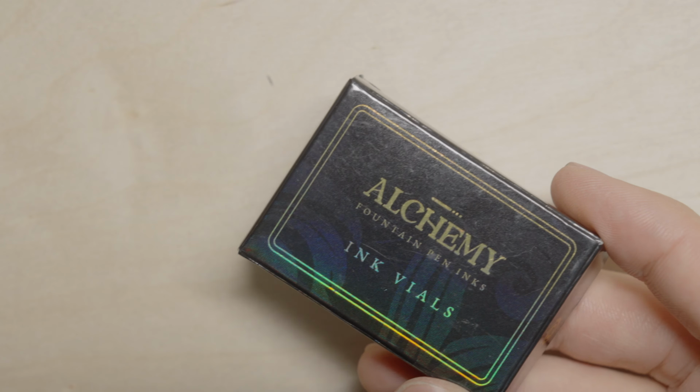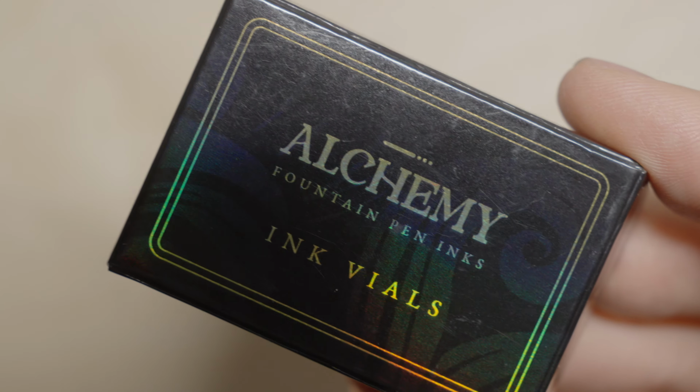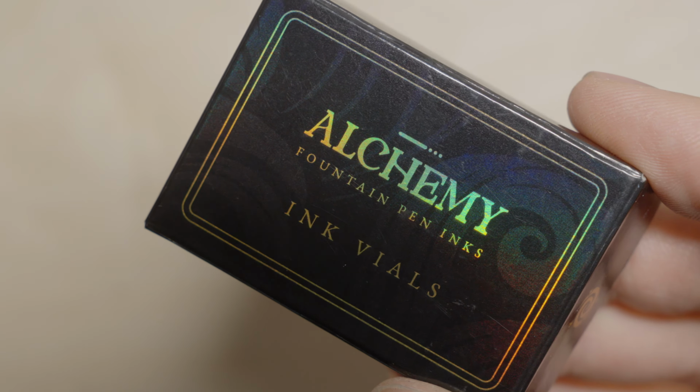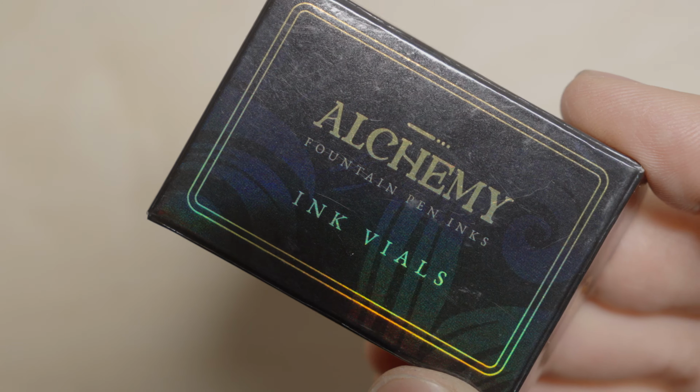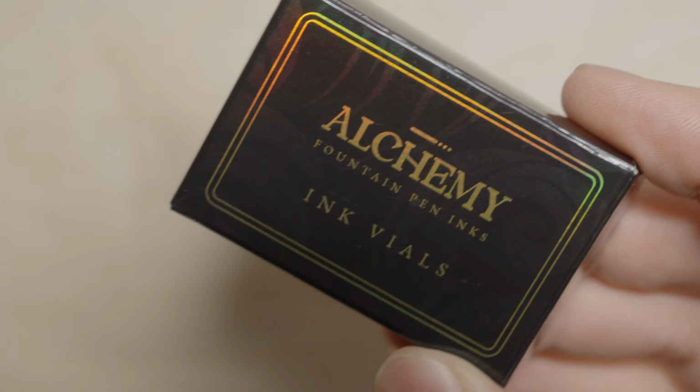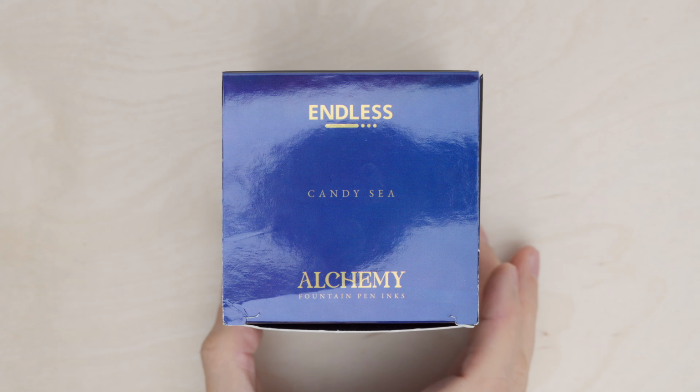And then this little guy, this box of sample vials, was also made with the same care. It would have been really easy to cheap out on something like this, so I'm impressed to see that they took the care to make it nice. Opening up one of these boxes,